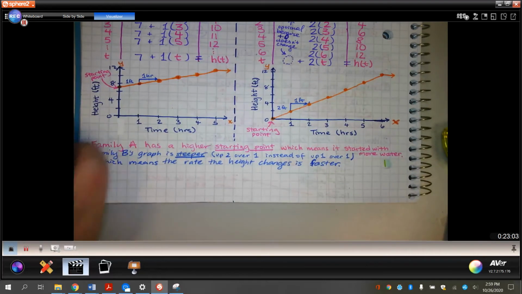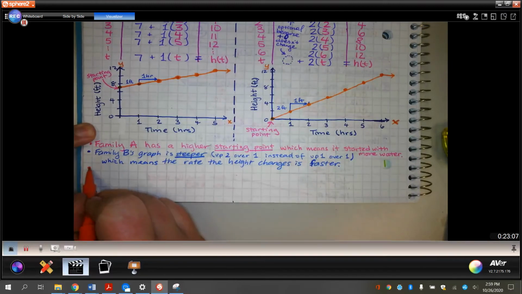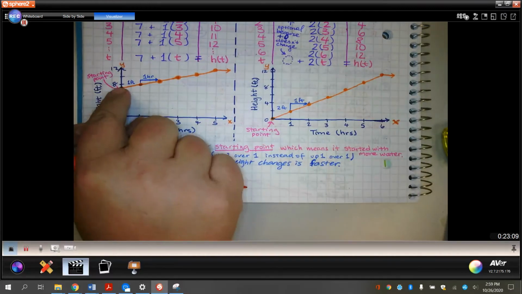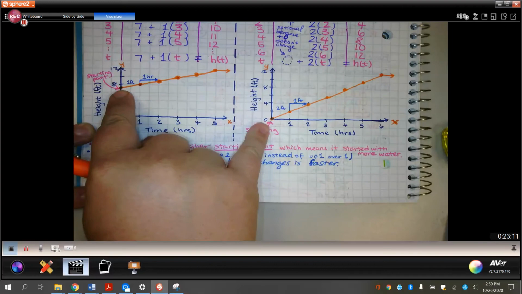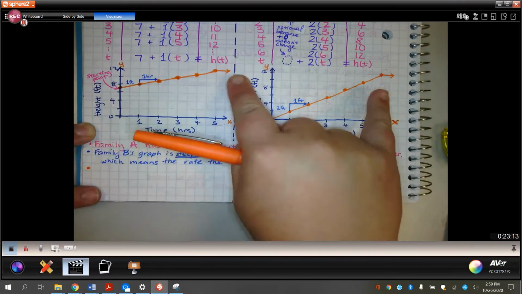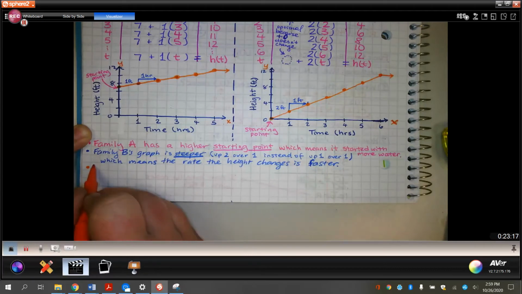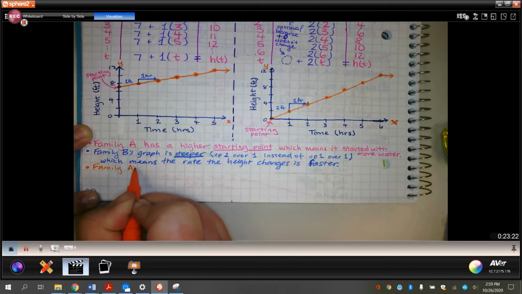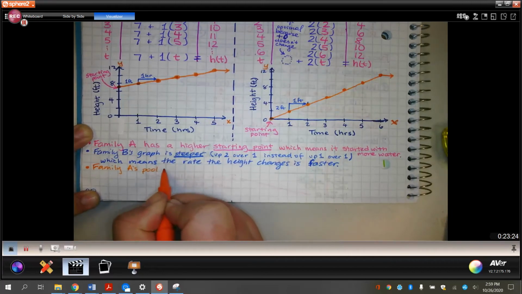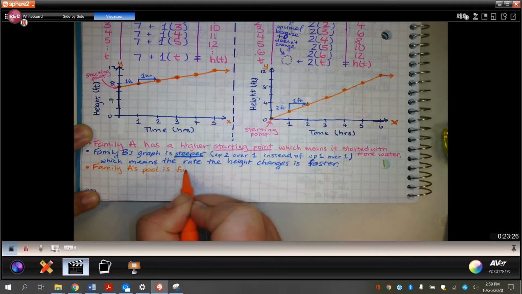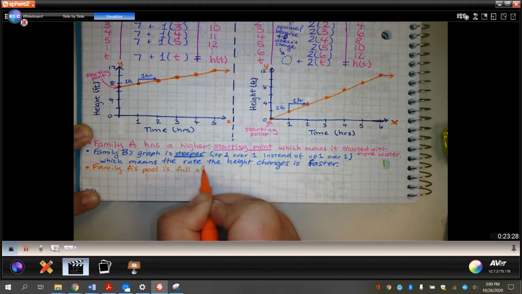So we want to say, if you were to interpret the graph, here is where they started amount of height, and here is where they're full. So family A's pool is full after 5 hours, and